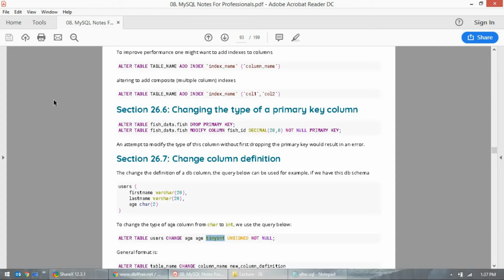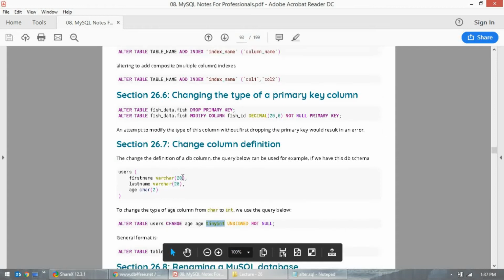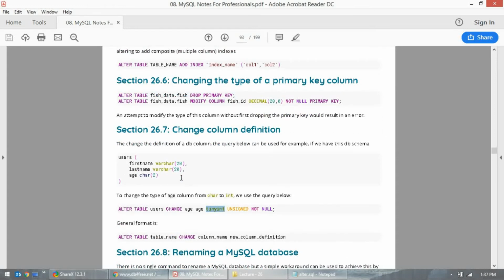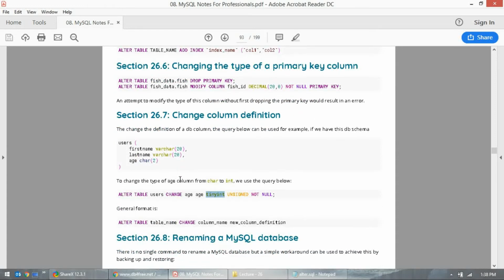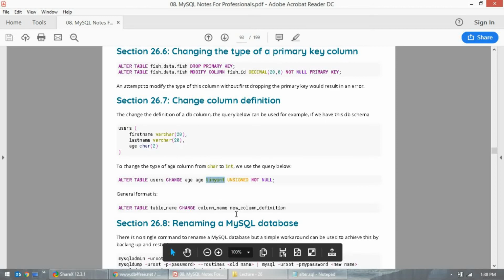It's max 3 digits. That's why you use tinyint. Okay, you can alter table, fine.